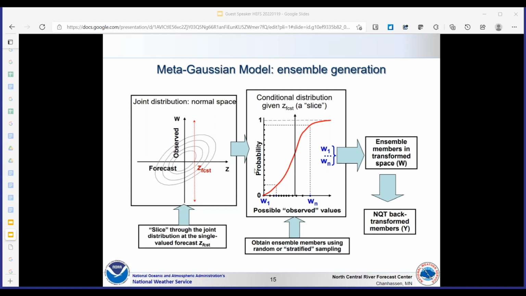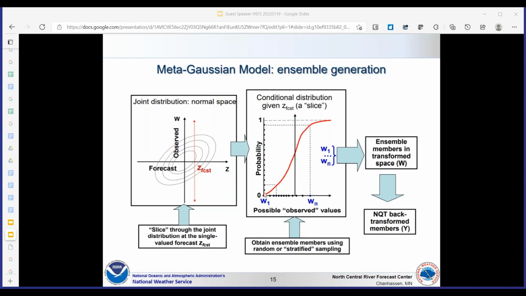So from that, it can get a conditional distribution, which is the probability of the possible observed values. And that's based on an analysis of the historical observed values and the hindcasts.